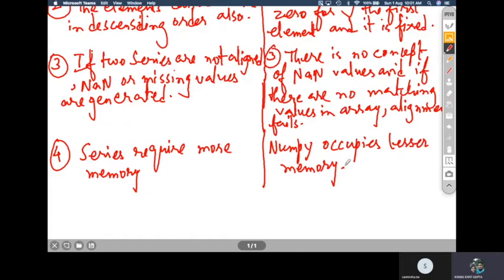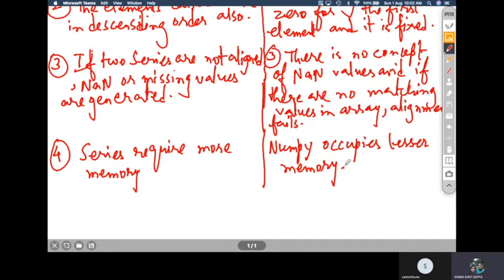So this is all about the first part of Python Pandas. This completes the first part, where we have seen how to create a Pandas series, how to create a Pandas series using a NumPy array. Then we have seen how to create data frames using different methods: dictionaries, list of dictionaries, dictionaries of lists, and NumPy arrays.